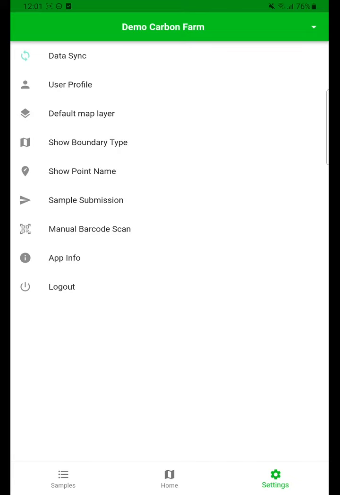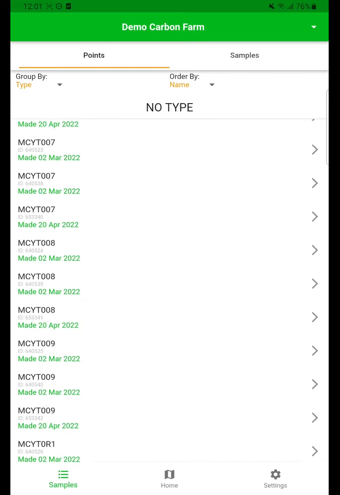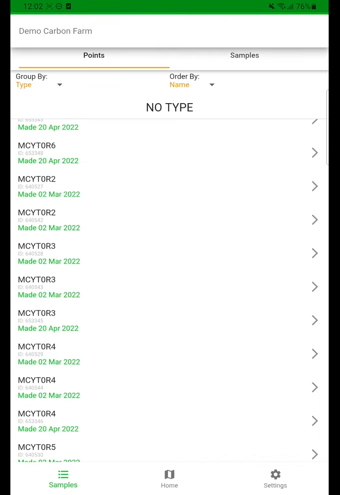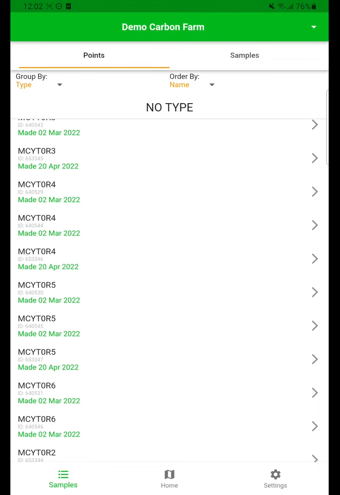Next up, we'll actually skip the map for now and just go straight into the sample menu. So we can see here's a list in list form of all of my points against the farm that I'm on now, and if I do want to change farms, I can hit that drop-down menu. I don't have any other farms to look at. I can navigate and zoom to points by clicking on one of these points, and I can also see my